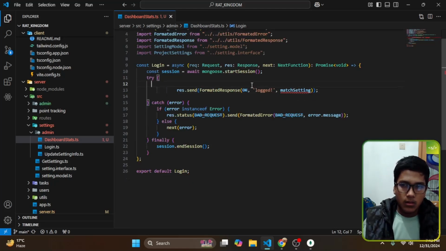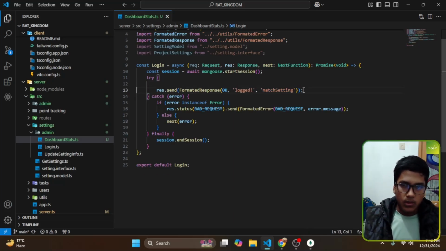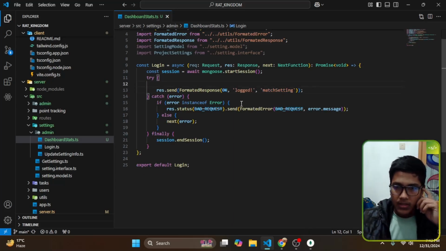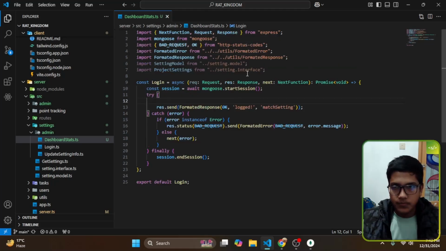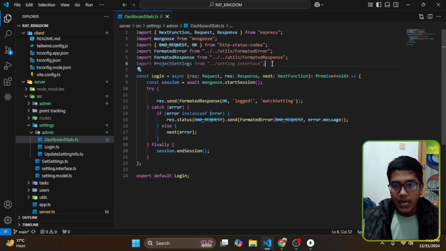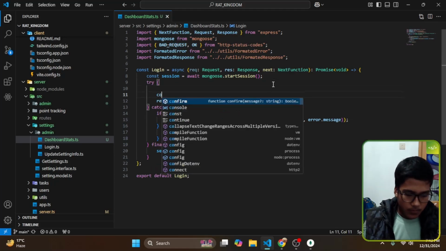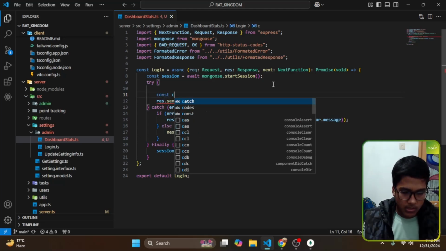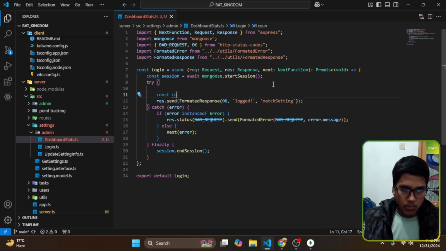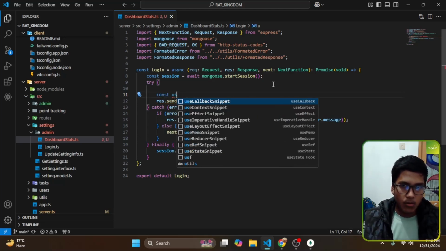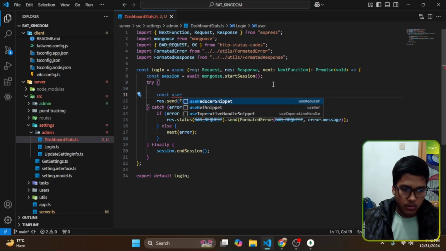Done, everything is correct. Now what I need to do here is get some counts, like how many users I have. So I just do a count, that is the user count. I can use aggregation also, but